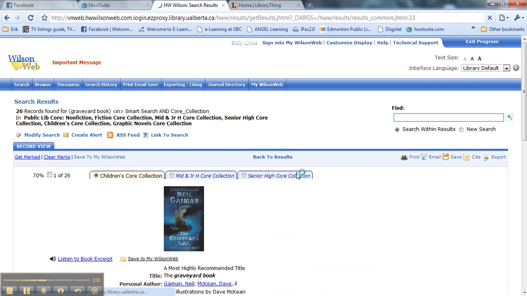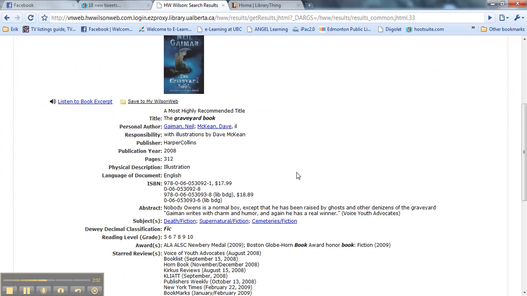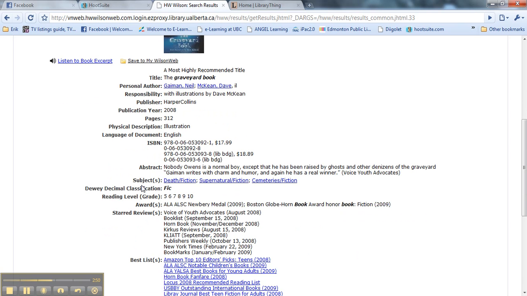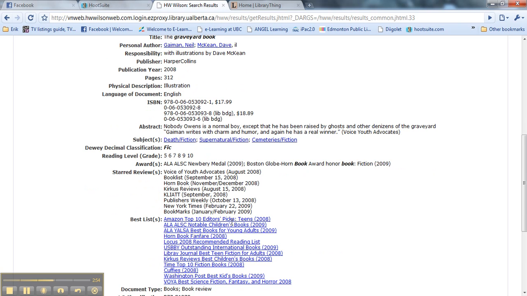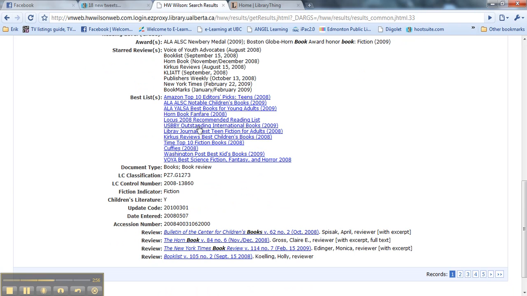And basically what you'll see is a record for the book, which gives you all of the regular bibliographic information. You can see that it's a most highly recommended title. It gives you subjects, so if you're interested in finding read-alikes or books with similar subjects, you can click on those links and it will take you to those. It tells you where it was reviewed and where it got starred reviews. And then it tells you which best lists this book was on,